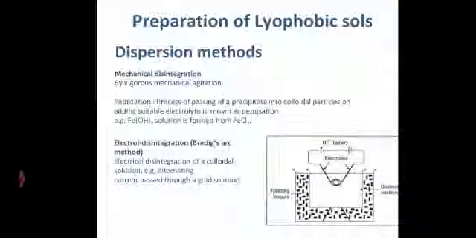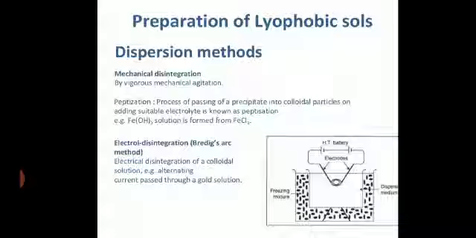When a high current is passed through the electrodes, the electrodes get heated up. Now this hot electrode, you touch to the ice cold water, because the dispersion medium is water and below it we have the freezing mixture, a mixture of common salt and ice. The water is ice cold, 0 to 5 degrees centigrade. So when you touch the hot electrodes into the water, an arc will be produced. Got it? An arc, with a hissing sound, will be produced. Clear? गरम तावे में जब हम पानी डालते हैं, so what happens, that sort of thing happens here also.